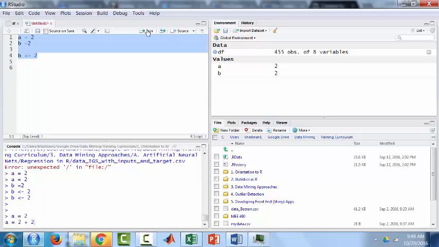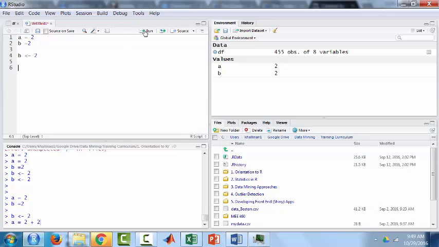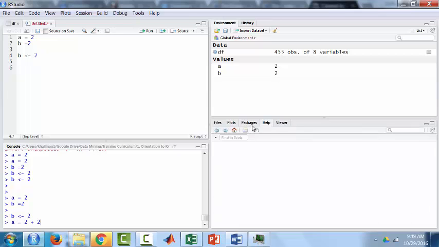So I can select and hit run. Run is the primary command that you'll be using. Alright, let's go to the bottom right window. If you notice, there are a number of buttons,